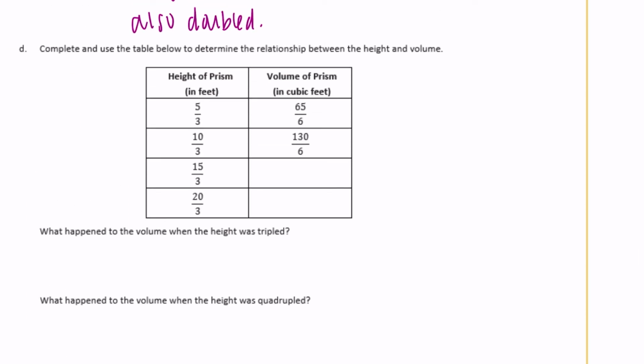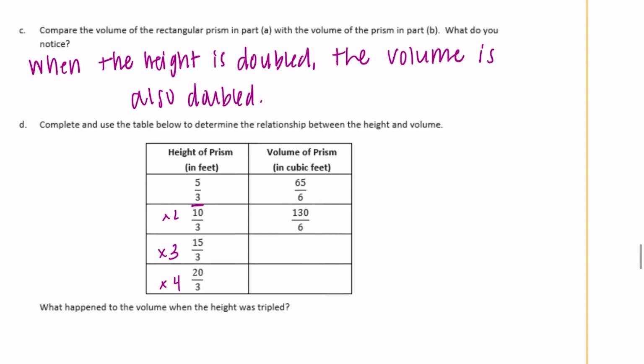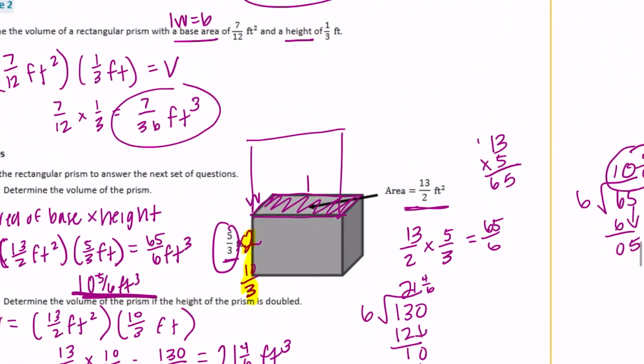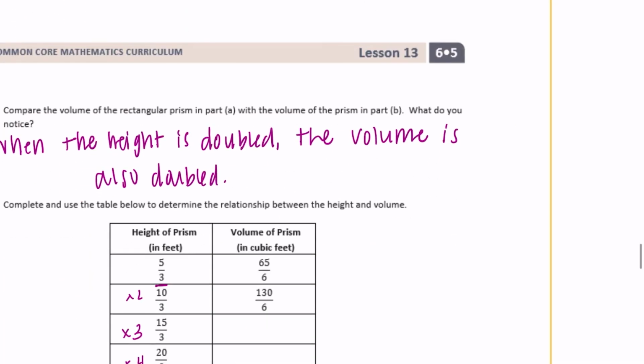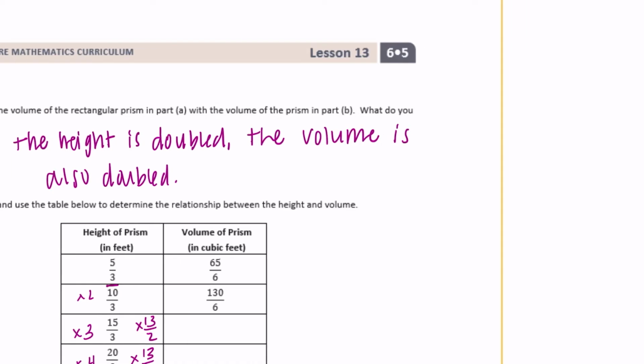D, complete the table below. Complete and use the table below to determine the relationship between the height and volume. Okay, so here it looks like we have 5/3 and then they doubled it. And this doubled. And then from 5/3 we went to 15/3, so they tripled it. And then here they've quadrupled it. So if we had 5/3, the area of the base was 13/2. So we do this times 13/2. 15/3